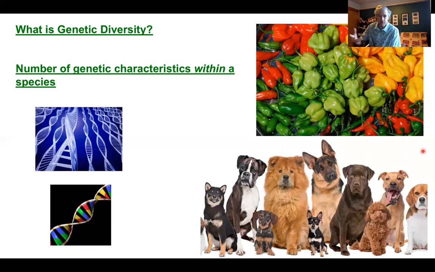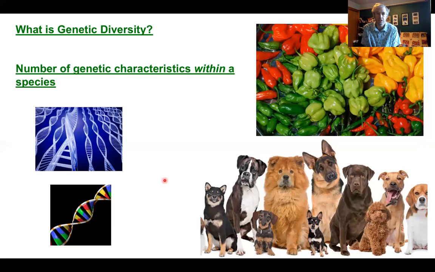But the genetics of dogs have been heavily manipulated by people through selective breeding over the years. And so we can now produce this huge range of animals with different physical characteristics, different behavioral characteristics, but they're all the same species. And it's because within the dog species, there's an awful lot of genetic diversity present in that one species. And this genetic diversity is differences in the DNA, the genes, the chromosomes of this particular species. So when we talk about genetic diversity, we're talking about the huge range of different genes and different genotypes that